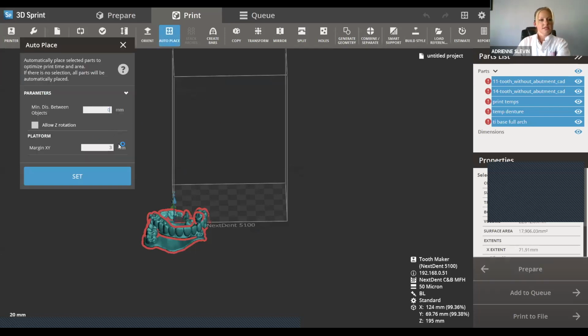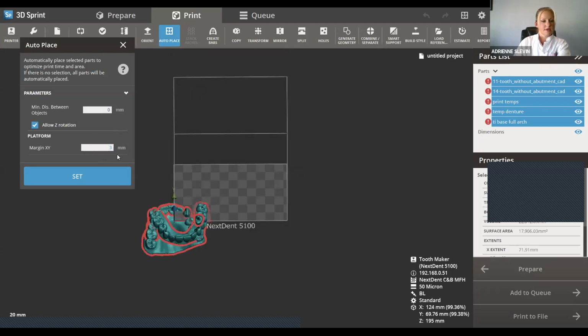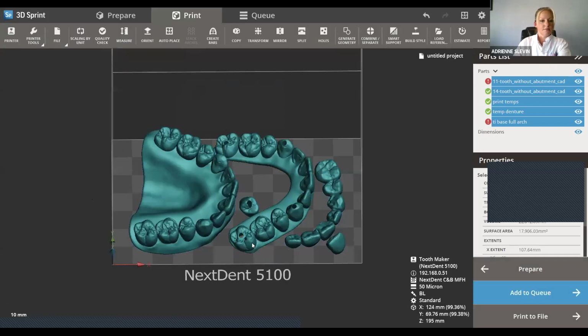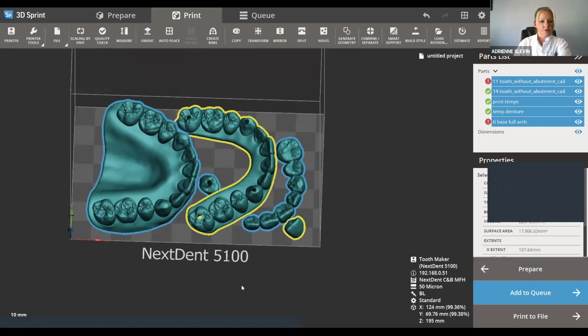And we change these to 0. We want the auto placement to work as well as possible, and just to cram everything in there as close together as it can. And if you do Z-axis rotation, it'll actually rotate some things for you. Now, a couple of tips to get auto placement to work even better is if you do have